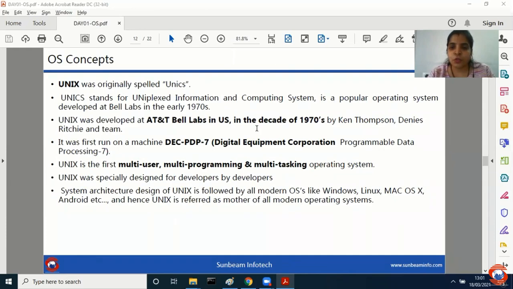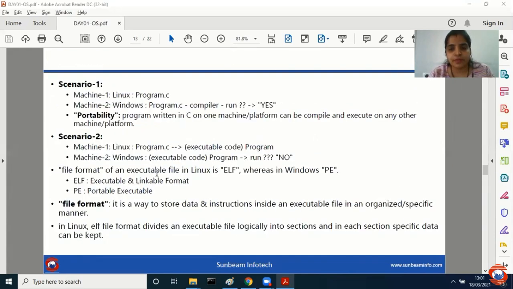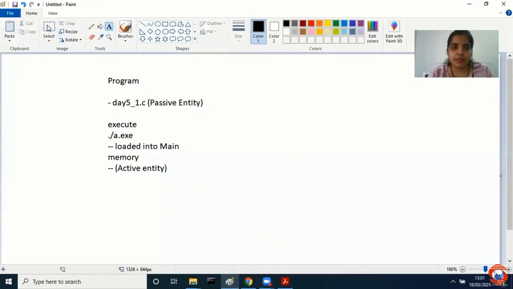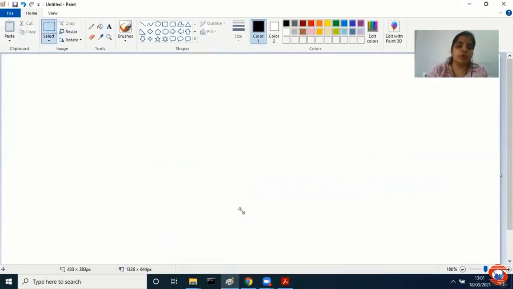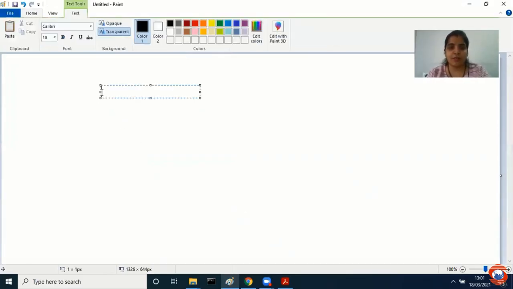I will consider two different scenarios. For example, let me take, today I am going to share with you day5_1.c. Yes, Rishi, it's too much theory, but can't help it. The reason is OS ऐसा ही सब्जेक्ट है जिसमें कल से आपको थोड़ा और इंटरेस्टिंग होगा कि जब मैं आपको एल्गोरिथम्स बताऊंगी, थोड़े प्रॉब्लम सॉल्व हो जाएंगे तो आपको थोड़ा इंटरेस्टिंग लगेगा. Day 1 is always theory ka is little bit more theory.